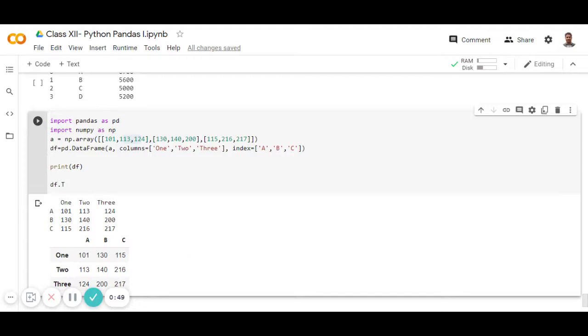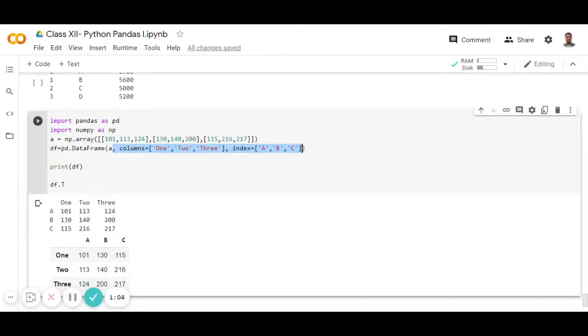Now we can see that when we create a data frame using a list, we can change the names of the columns. Suppose we are creating a data frame with a list, and you can see that we have added the columns and indexes.